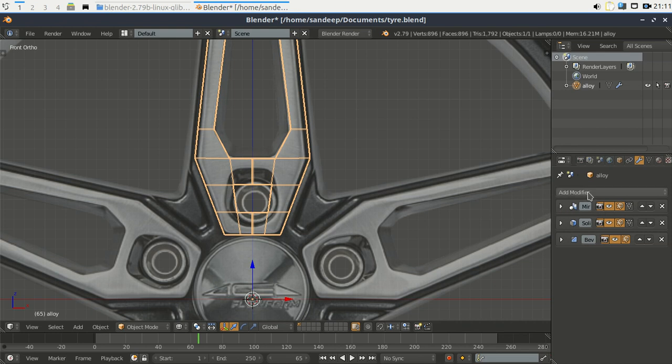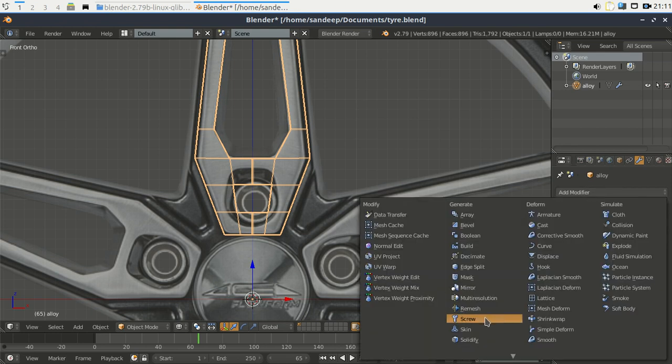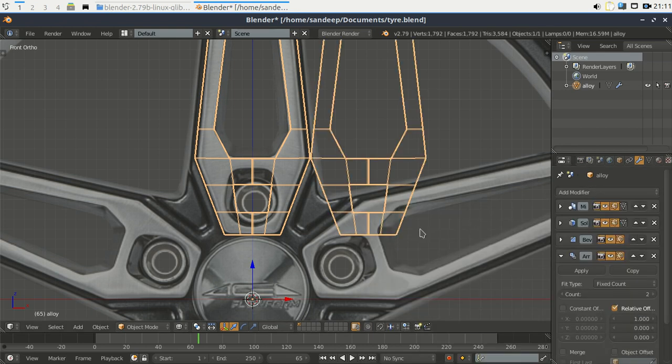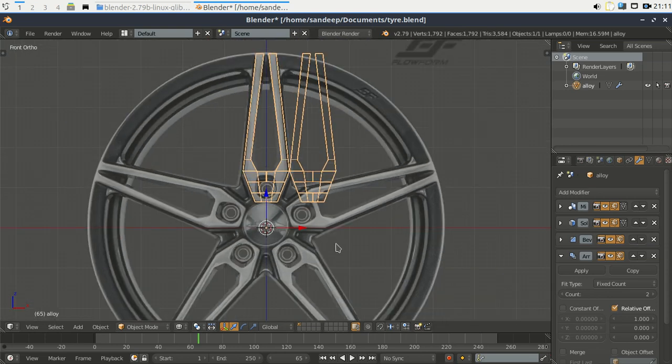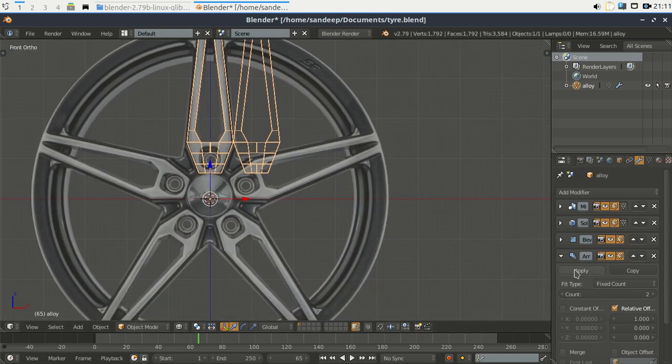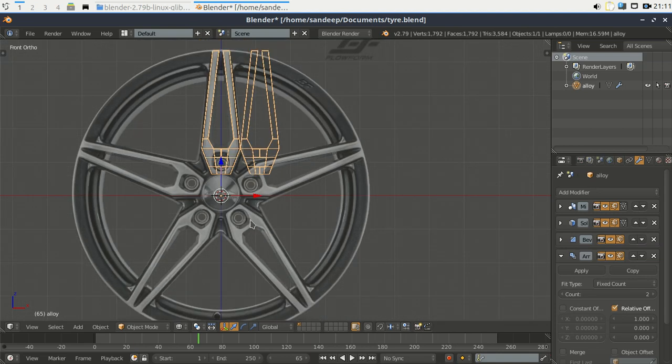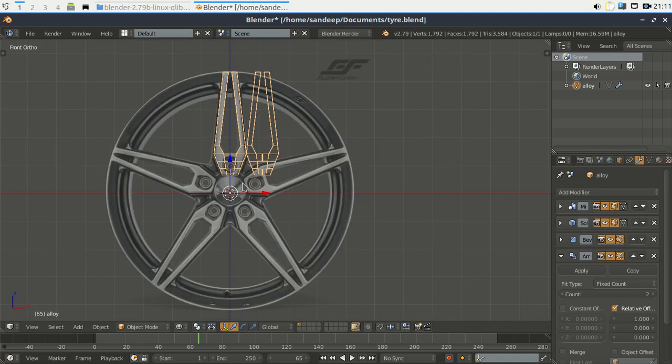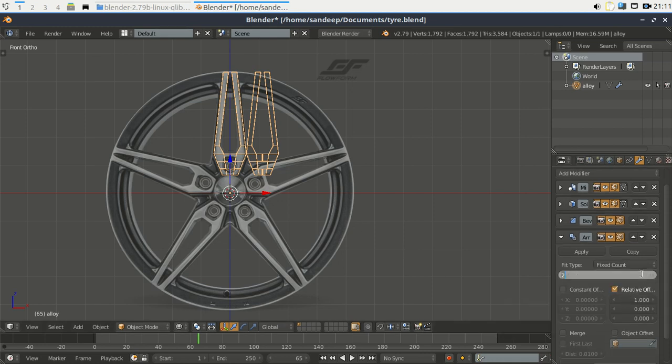And now I'm going to add an array modifier. Everyone knows that this car wheel has 5 alloy spokes: 1, 2, 3, 4, 5. To make this one as 5,